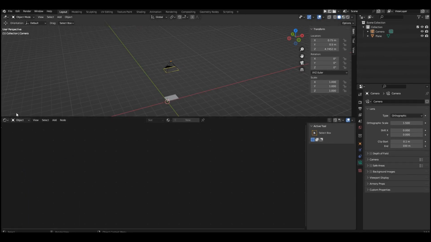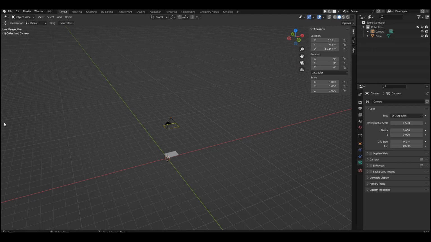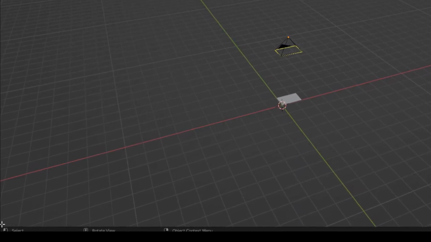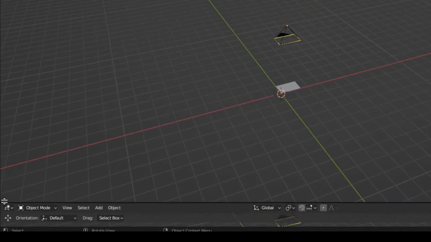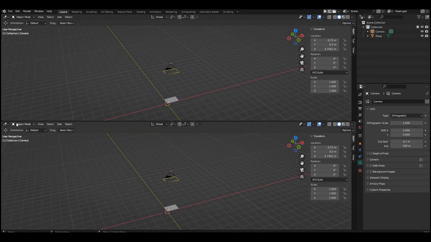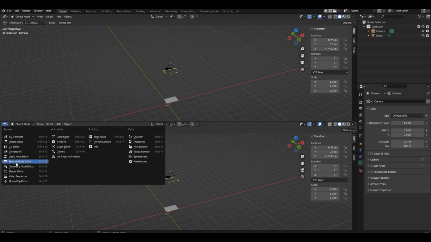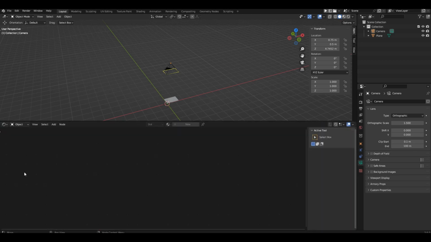If you don't see any additional workspace at the bottom, it means you accidentally or intentionally closed it. No worries. You can reopen it at any time by hovering your cursor over the corner of the current window until the cursor changes to a white crosshair. Then click the left mouse button and drag the cursor inside the current window. Now you have an additional workspace, and you can open whatever you need within it. Remember, we need the shader editor right now, and it's amazing. In it, you can create and customize materials.